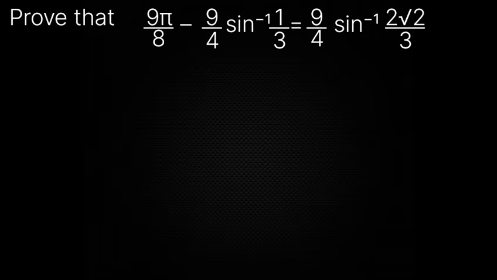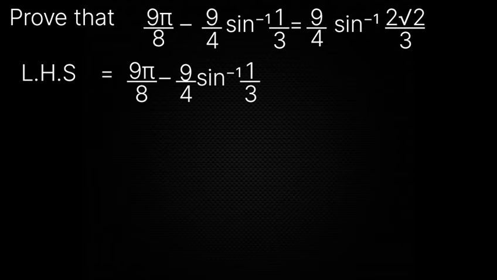Today, we are going to solve an interesting trigonometry problem step by step. The question asks us to prove that 9π/8 − (9/4) sin⁻¹(1/3) equals (9/4) sin⁻¹(2√2/3). Let's start with the left-hand side, or LHS, which is 9π/8 − (9/4) sin⁻¹